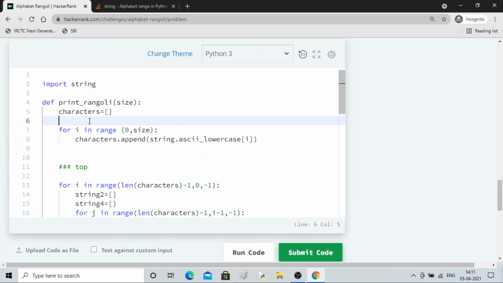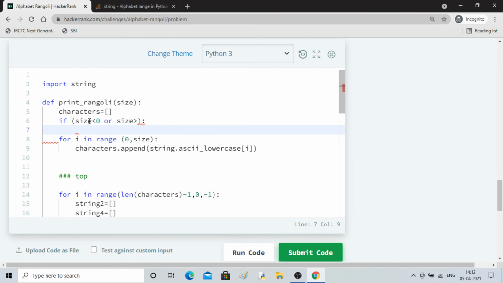So I'll remove the fixed size, and I'll write the constraint: if size is less than 0 or size is greater than this, then print size is out of range. Size is greater than 27, right? 27 or equal to also.